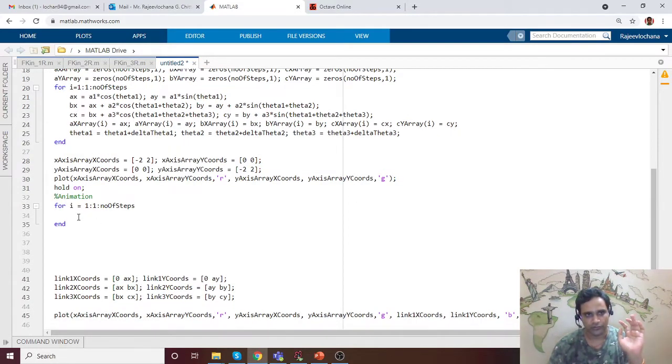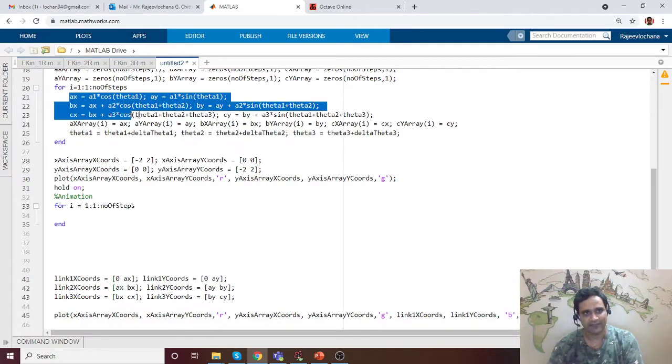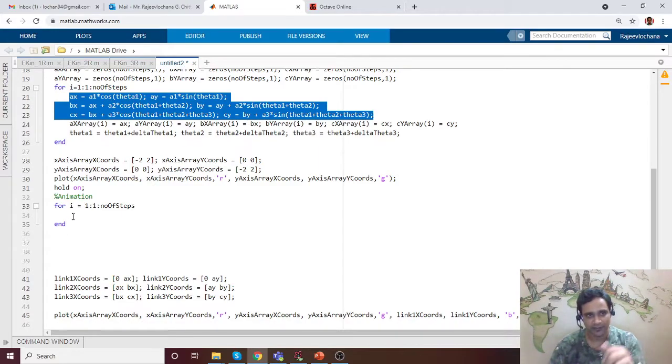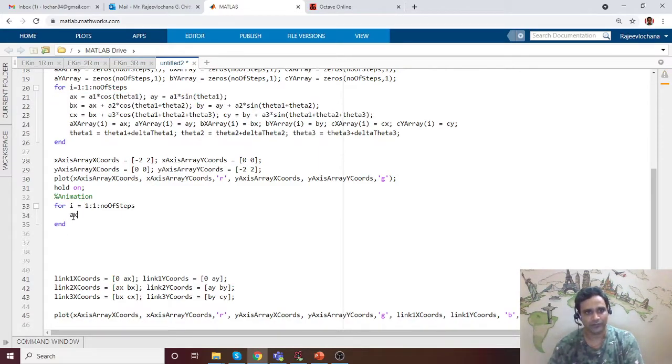Now what is important here is we have to get the AX, AY, BX, BY, CX, CY, but we'll not be using theta 1 because we already have generated it. So I'll use AX is equal to AX array will have ith element.